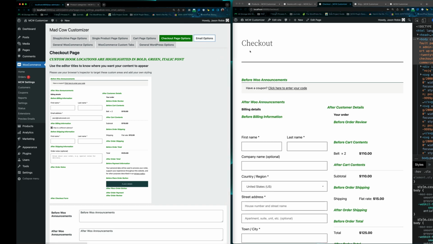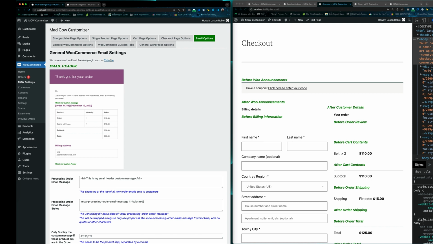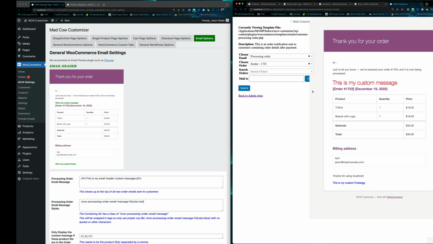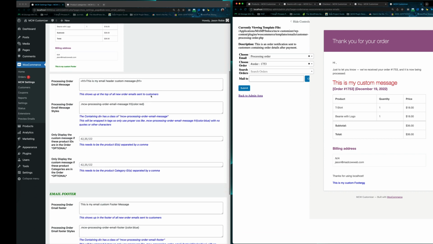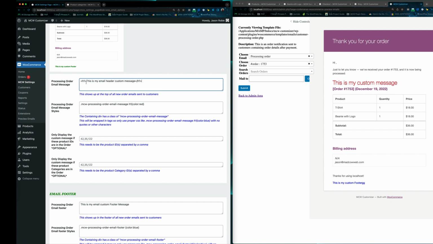So email options. I use this plugin, which is an email preview plugin, which you can see working here. These are all for the processing order email. They are not for any of the other emails. I may add those later on, but for now it's just the one that goes to your customer. And this is the only order I have in place. So again, you can use HTML in here. You don't have to, but you can use HTML. And then because